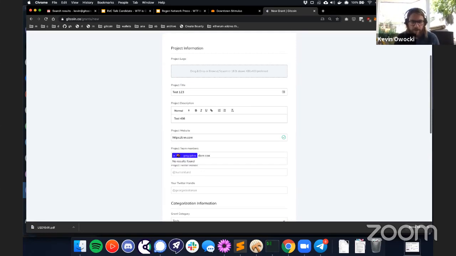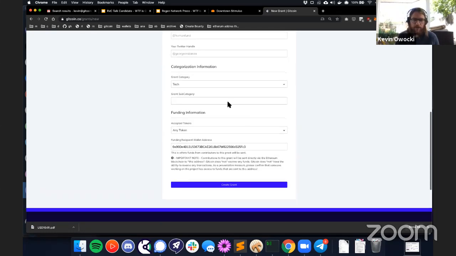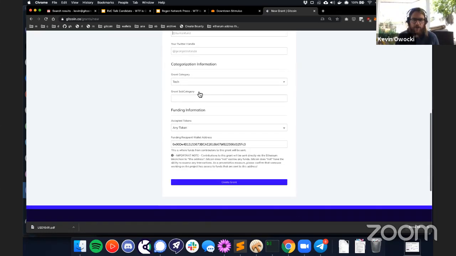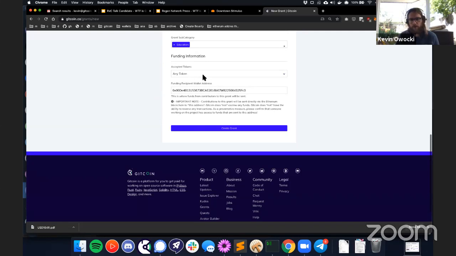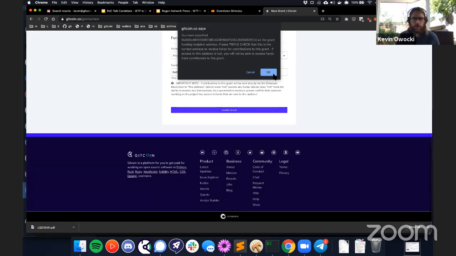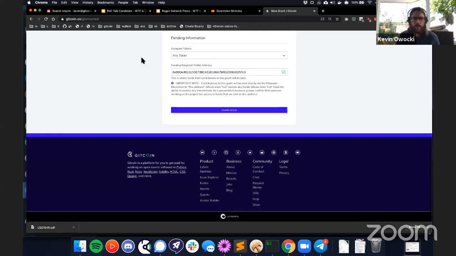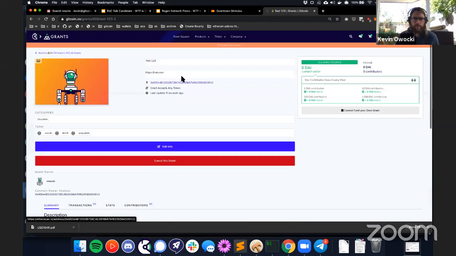I don't think you all are really on the Gitcoin platform, but once I've got that information collected, I can specify what tokens I want to raise. And this is a crypto-specific thing, so maybe you don't care about the token part of things, but if I just click create grant right here, then it's going to create a new Gitcoin grant